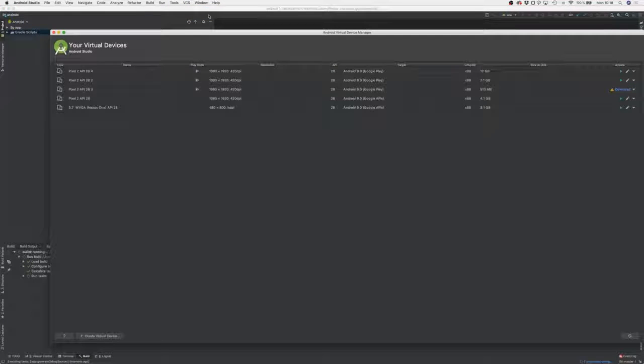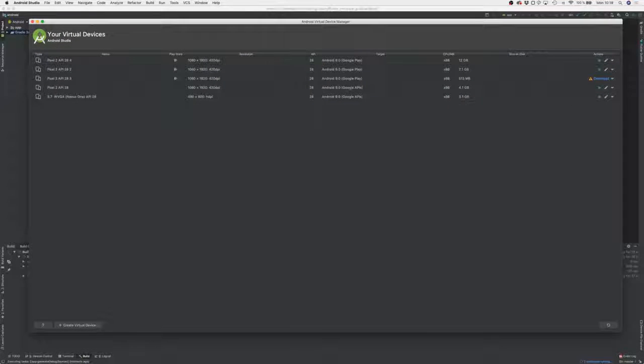If you find it in neither of these places, you should try to reinstall the Android SDK and possibly the entire Android Studio. But once you found it and you open it, you should see a screen that looks something like this. Here I already got a couple of virtual devices. You might not have them yet. And you can simply create a new one with the button here in the lower left corner